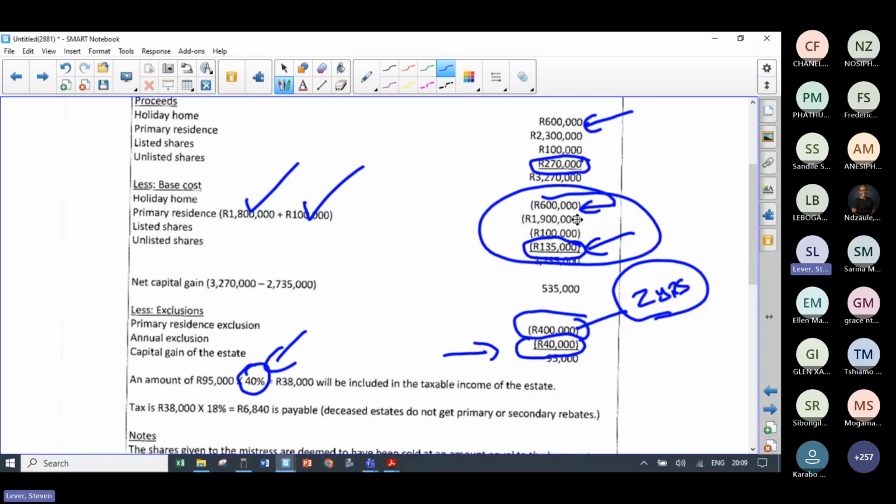Because generally there's 20 or 25 marks worth of individual tax calc, and I don't think it's that difficult to do. If you can read properly and you know to put in all the nil numbers, most of the time people don't do well because they don't put the nil numbers in. Okay, if you know how to do that, you'll be able to do things properly. Okay, so just have a look at that.